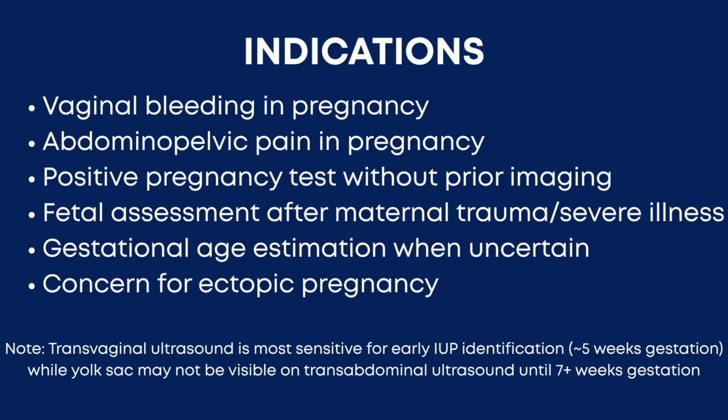Indications for using a transabdominal ultrasound are confirmation of intrauterine pregnancy, which is very useful if a patient is having vaginal bleeding, abdominal or pelvic pain in pregnancy, a positive pregnancy test without prior imaging or other follow-up for the known positive pregnancy test, as well as assessment of the fetus after maternal trauma or severe illness, and gestational age